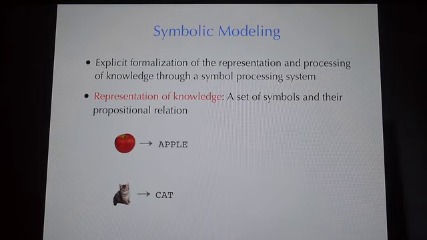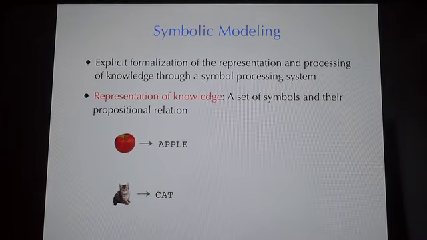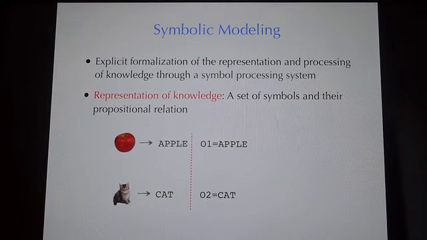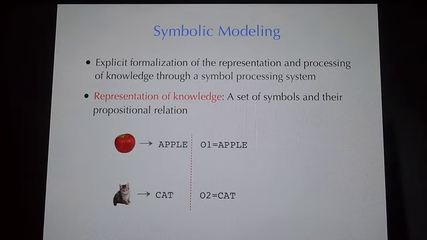In this case, I'm using apple, the written form, as a symbol, or cat, the written form, as a symbol. If you want to implement and store this kind of information in a computer, then instead of having the red, juicy, round fruit, we have to use yet another symbol called O1, for example, as in object 1. If object 1 is an apple and object 2 is a cat, then we have to